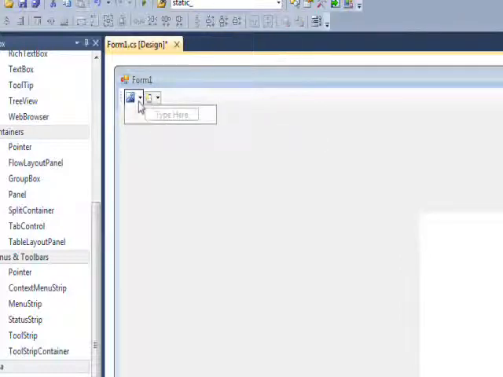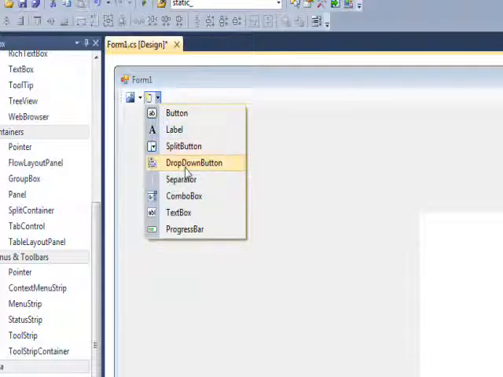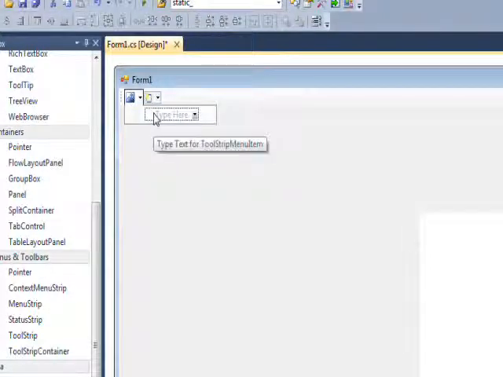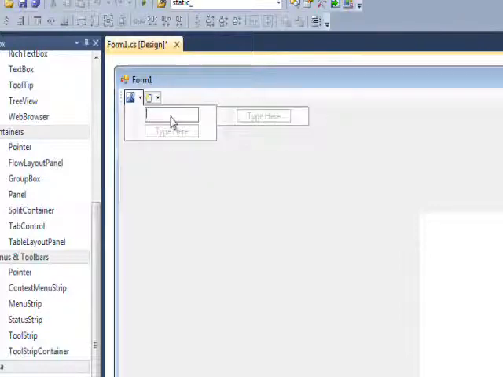And you notice that the split button immediately has a drop down menu underneath it. And the main difference between the split button and the drop down button is that with the split button you can only put in one option here, but with the drop down button you actually have cascading menu capability where you can put in cascaded items out to the side, but we don't want that much control. Let's just go to type here and say Google,